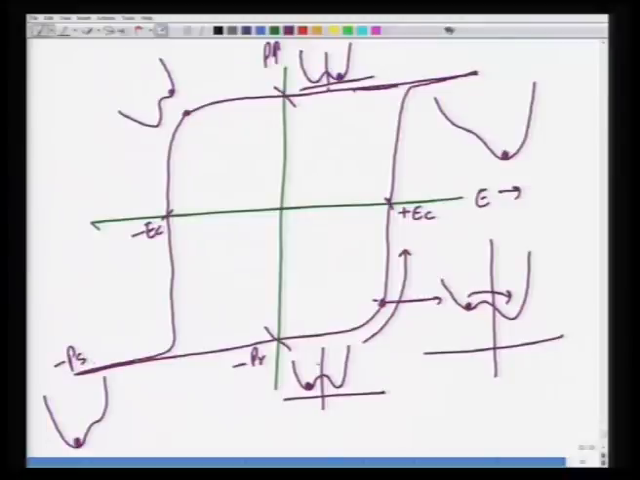Similarly, atoms from the left would jump into the right at plus Ec, and crossover would happen at plus Ec, and they would be in an extremely stable state in the plus Ps direction. So, this is what energetics means for these ferroelectric materials. Another thing, as I said, is that these ferroelectric materials show a transition, which is the ferroelectric transition,